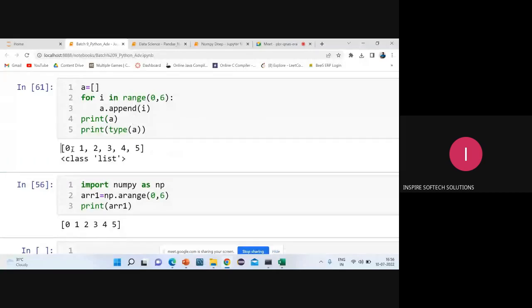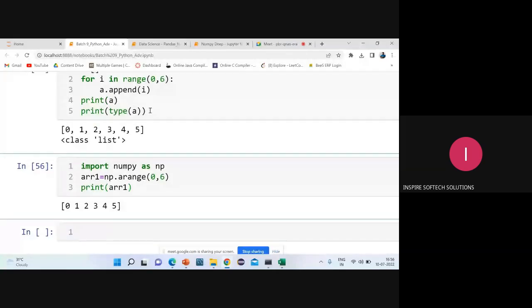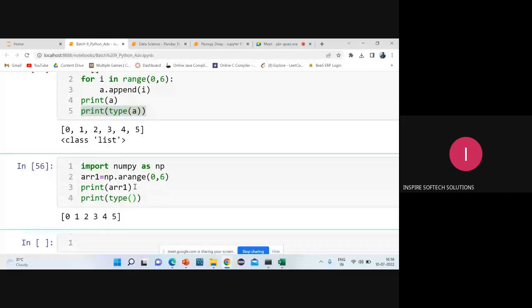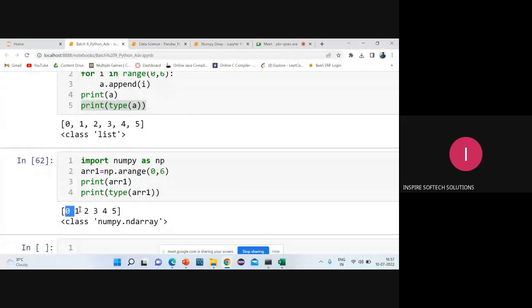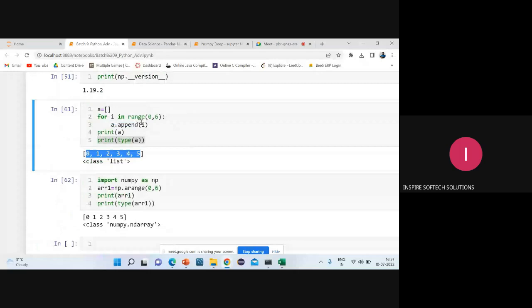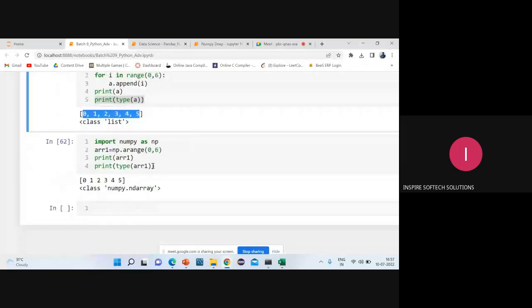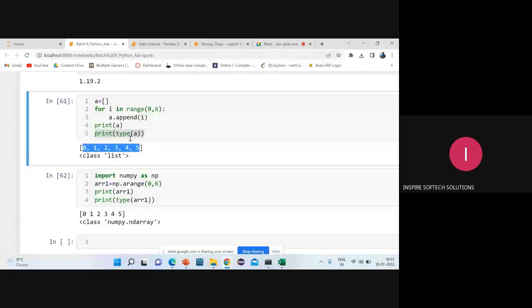Same thing if you want to find the type of this array, ARR1, you can see it is going to be an n dimensional array. So if you go with the n dimensional array, it is getting printed with values, here it is printing comma separated. And those are the changes. Now, if you want to go with a two-dimensional array, what do I have to do? Then I have to write two for loops. One for loop is for the row, one more for loop is for the column. Like this I have to write.